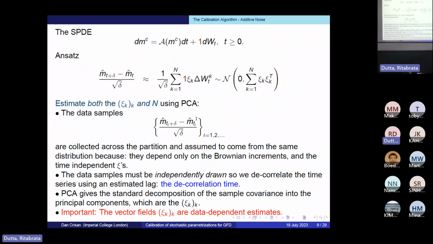Okay. Now, I'm explaining here what you do in the case when you have an additive noise. In this case, the application is almost straightforward. You just do the increments. You look at the increments of the M hat, and in this case, the increments will have approximately a normal distribution with a sum which depends on the psi k, and then here it's straightforward to apply principal component analysis to compute both the psi k and the number of